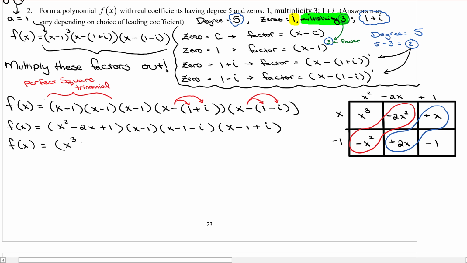So here we're going to get f of x is equal to x cubed minus 3x squared plus 3x minus 1. Excellent. Now when I multiply these next two, I'm going to combine the x minus 1 together,